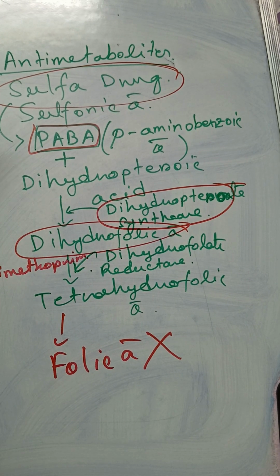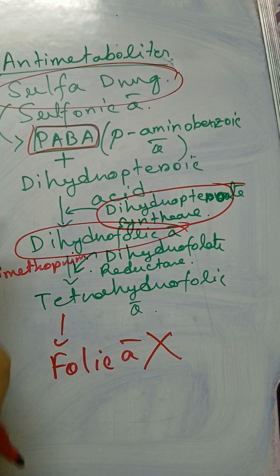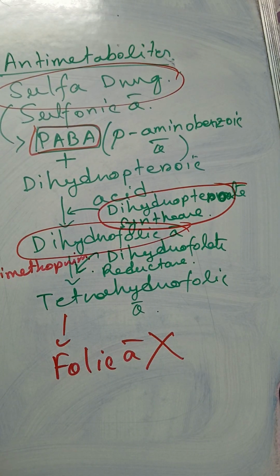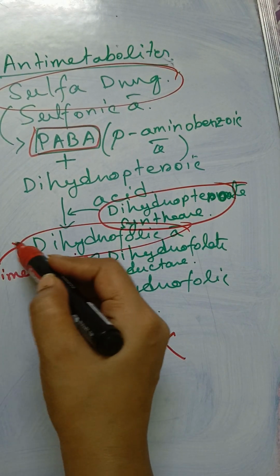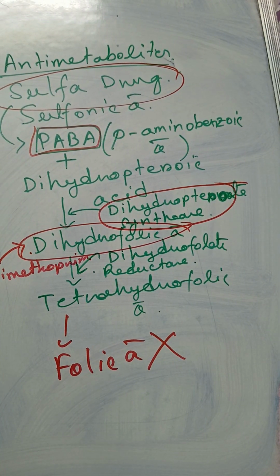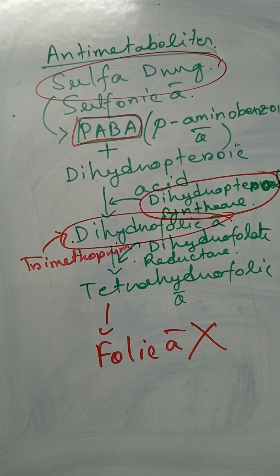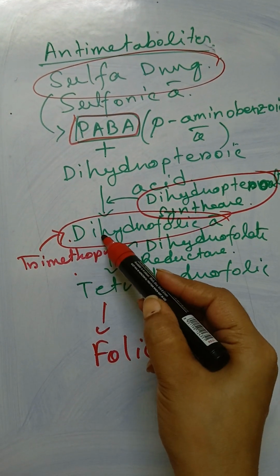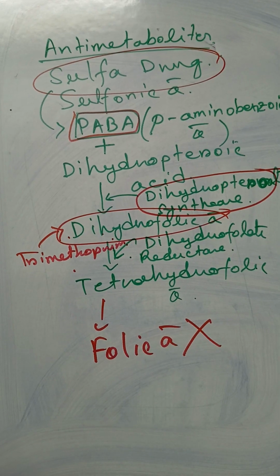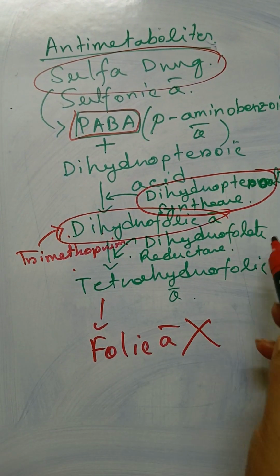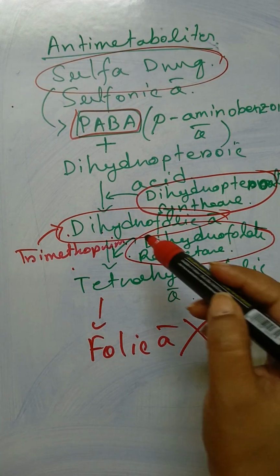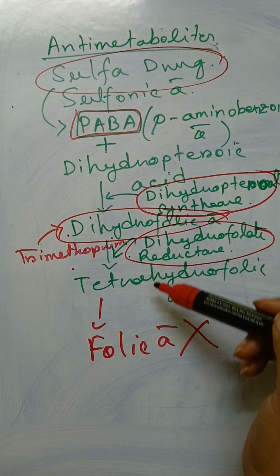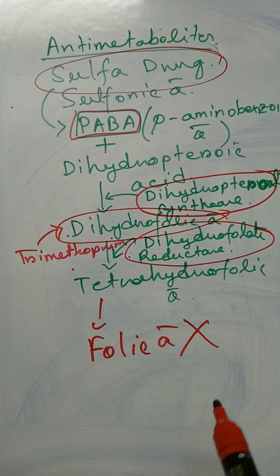So the sulfa drug has structural similarity with PABA, the first precursor, and trimethoprim, the antimetabolite, has a structural similarity with this dihydrofolic acid. Again, competitive inhibition occurs between trimethoprim and dihydrofolic acid. Now trimethoprim will bind with this dihydrofolate reductase enzyme, and that will inhibit the conversion of dihydrofolate to tetrahydrofolate,